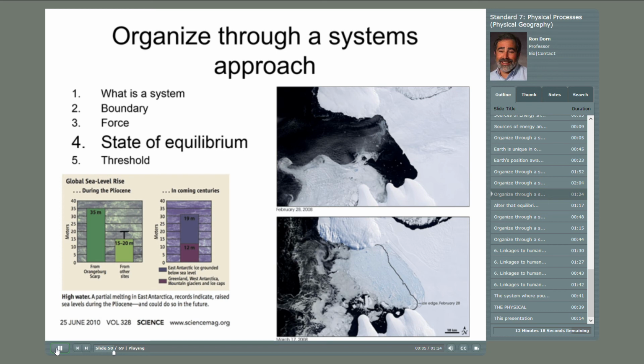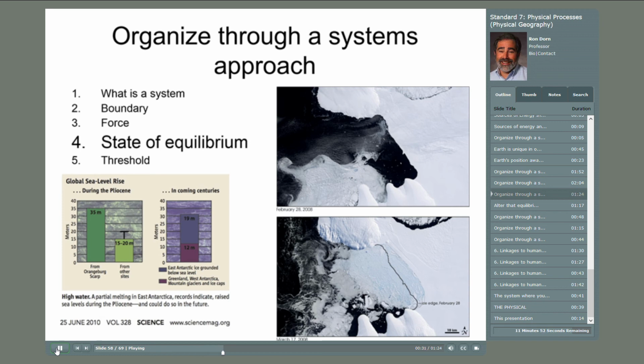Another way to think about equilibrium would be the disturbance of an equilibrium. And let's take a hot topic of sea level rise from melting of Antarctic ice sheets. The graph in the lower left is a very dramatic one. It's an extreme prediction. The idea of the people who produced this graph and published it in Science magazine was